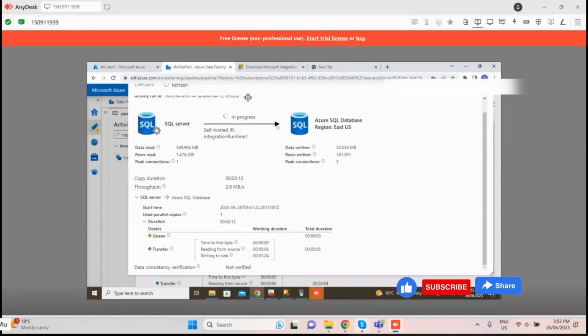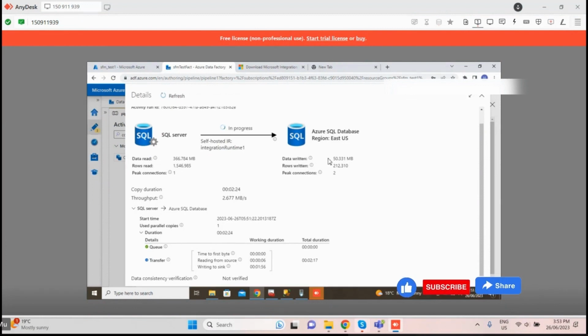Okay, this is a big file, right? 349 MB of data that it will need. So you see the progress here, right? At least 50 MB has been written. At least I can see the progress. But I do need to go. So if it's going to take a while, how long is it going to take from your experience? What you need to do after this is you just need to click on publish and